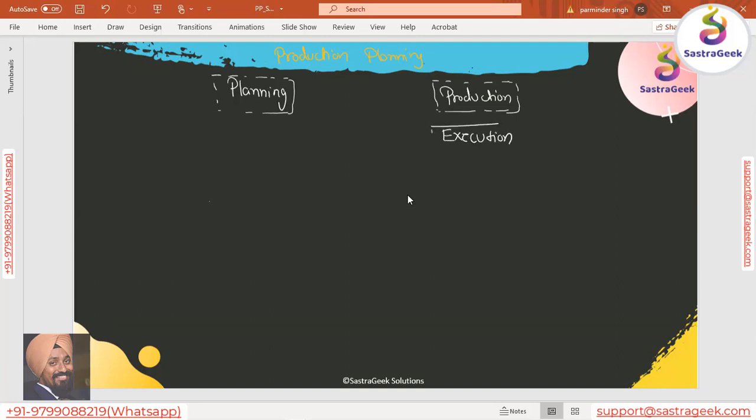Another name for it is shop floor control. The production part would basically start from the creation of the production order.